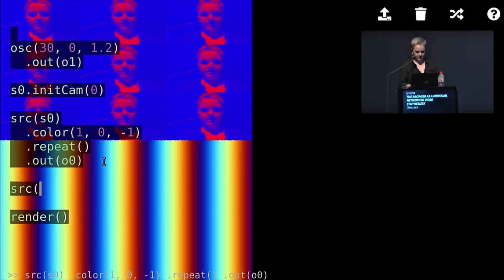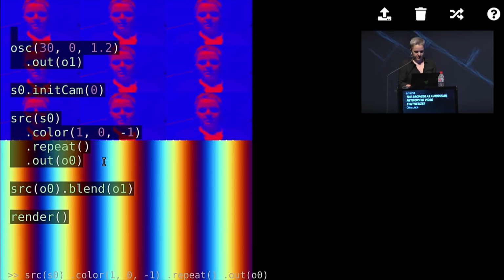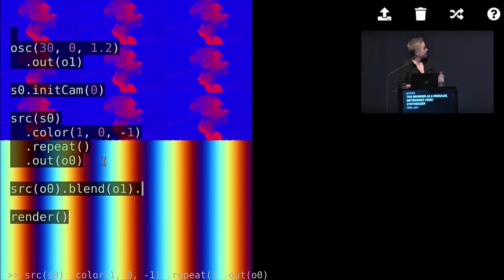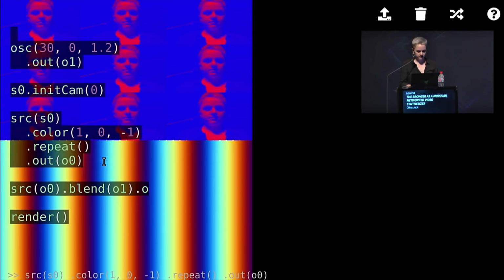And then what I could do is actually blend these together. So I could take O0 and blend it with O1 and send it out to O2 here. And so here I'm blending the two together, and if I change one of them, it changes all of them. And again, this is all running directly on the graphics card through WebGL and shaders.